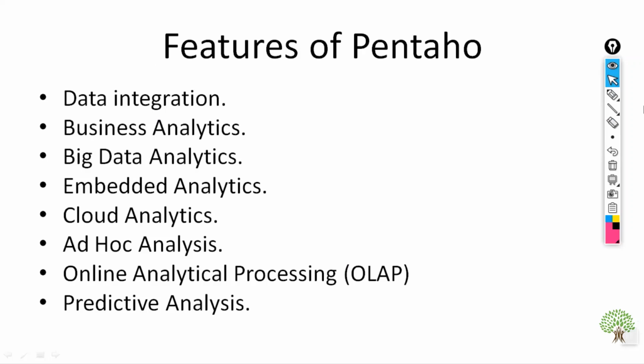As we know, Pentaho is a suite of business intelligence products which provide data integration, OLAP services, reporting, dashboards, data mining, and many ETL capabilities. So Pentaho is a one-stop solution. The features of Pentaho are listed as follows. It is helpful for data integration, provides data analytics, and a huge amount of data can be accepted. Embedded analytics is provided, and ad hoc analysis is permitted. These are some more features of Pentaho that are supported.